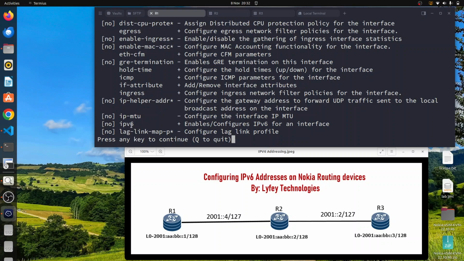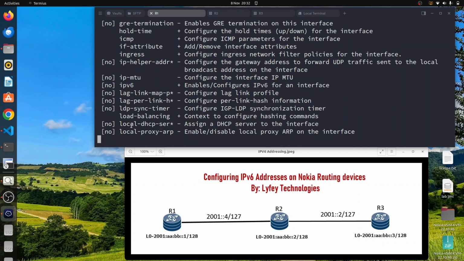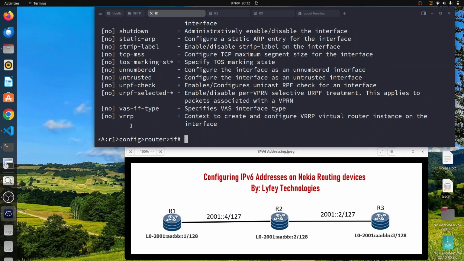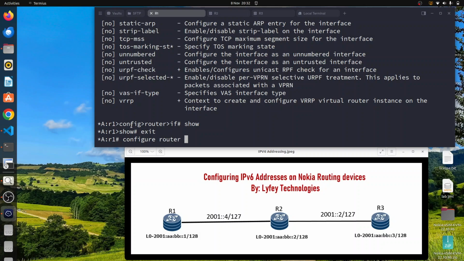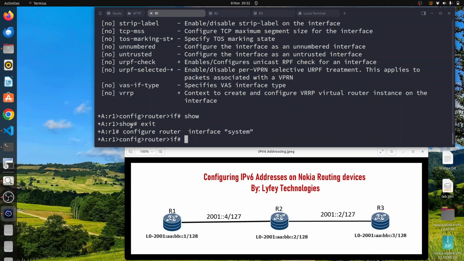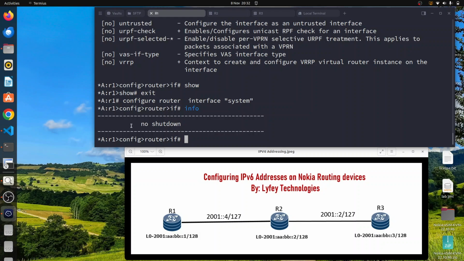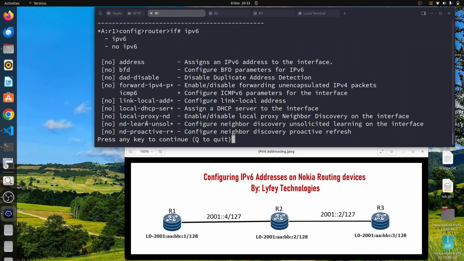Same way we have been doing on Huawei. It's the same implementation that we are doing on Nokia. So if you run show, you see that we don't. Just exit again, configure router interface system. You are using info. So when you run info, you see that the only thing that we have is no shutdown. So the first thing we'll do is to enable IPv6